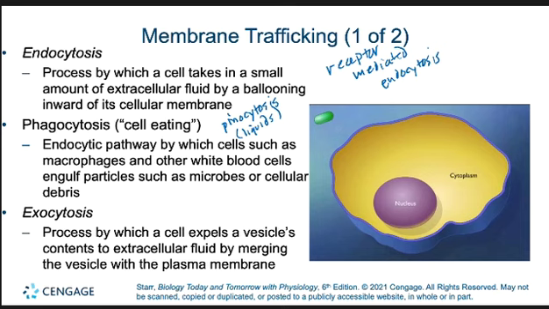But they're all active transport because they all require ATP to move these vesicles along microtubules that are inside the cell. So the little vesicles literally walk along the microtubules like a train moving down train tracks. In exocytosis, the cell manufactures something and then kicks it out of the cell, okay? But it's still a form of active transport. So let's take a look at this more closely.